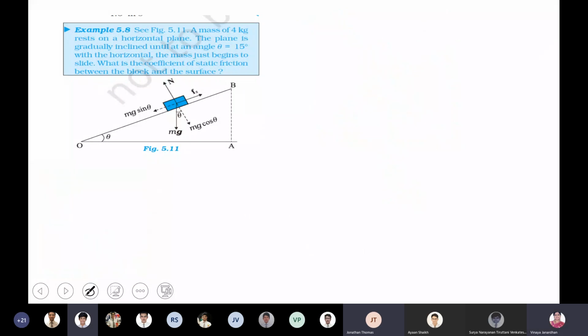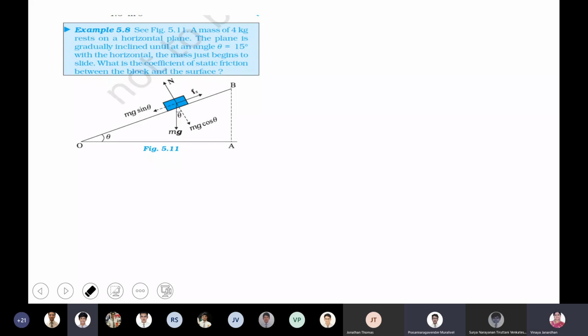Ma'am, how are you getting theta in between mg and mg cos theta? See, if you rotate the inclined plane in this direction, naturally the angle between mg and mg cos theta will also increase by the same amount. Or else you have to apply your mathematics and check. So if it's a horizontal plane, then there won't be an angle. Yeah, it will be 0.